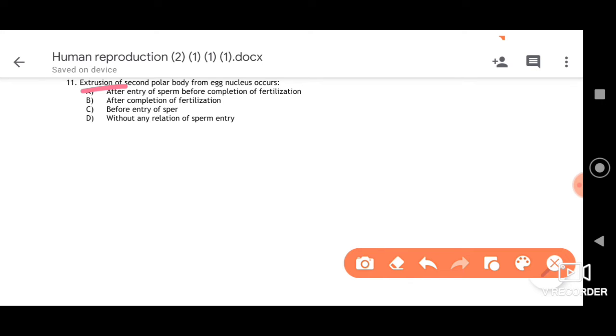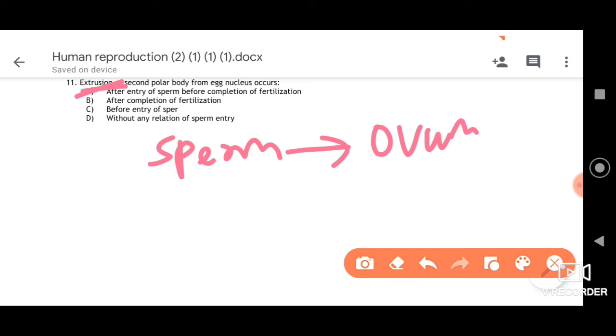We know that there are, of course, polar bodies which are formed, which do not form the egg. So how do these polar bodies get extruded from the egg nucleus? This happens generally after the entry of sperm but before the completion of fertilization. Let me explain to make you understand this. When the sperm enters into the ovum,